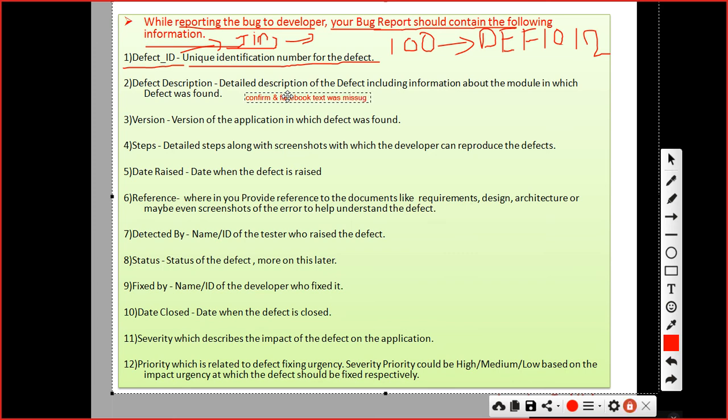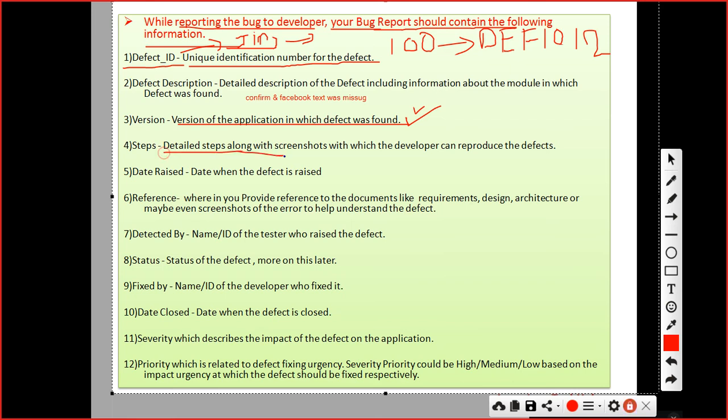You have to clearly tell the developer. There are also optional fields, like the version of the application, which you can skip. If you are able to find it, you will get all this information in your FRS document. If you know, that is fine. If you don't know, skip it, no issue.